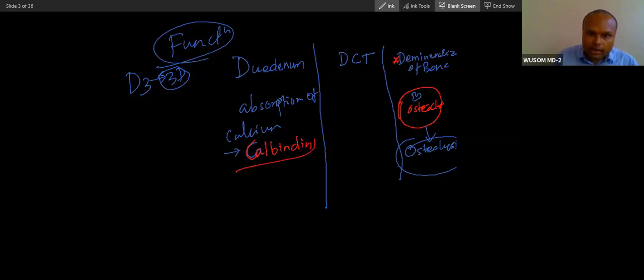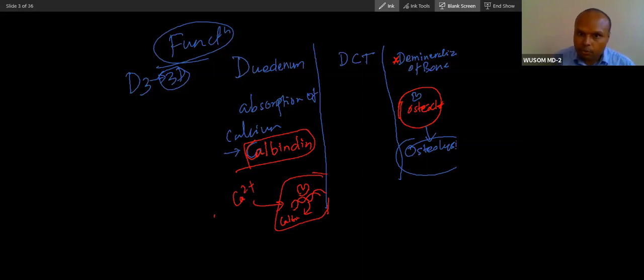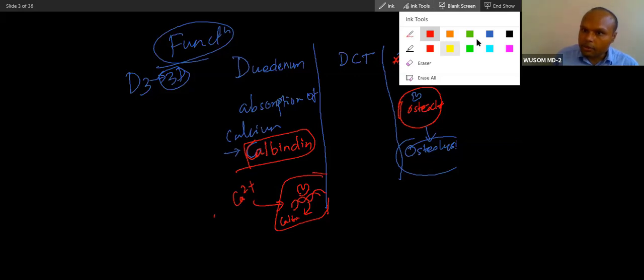Actually, what does this vitamin D do? Vitamin D goes into the enterocyte and binds the receptor that is there in the enterocyte, and it will activate the DNA, and because of activation of DNA, this calcium binding protein will be synthesized, and this protein will help absorption of calcium. Did you understand this process? Yes.